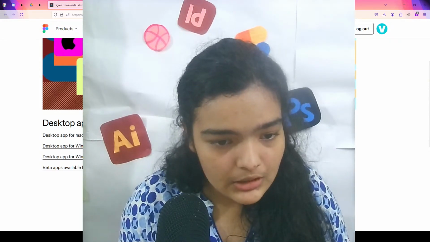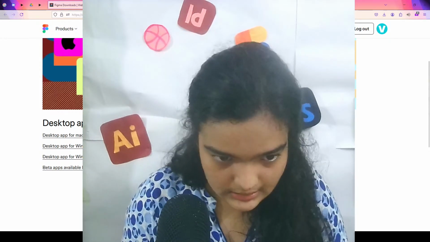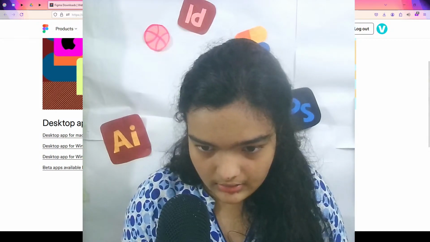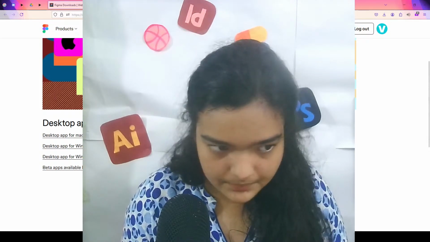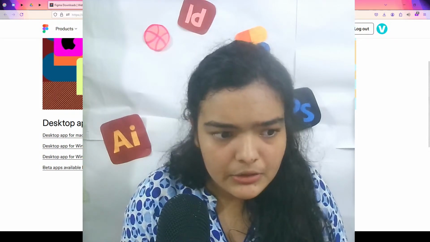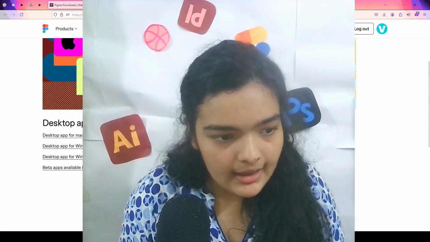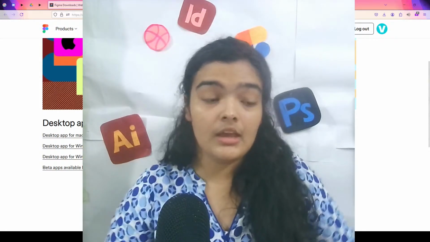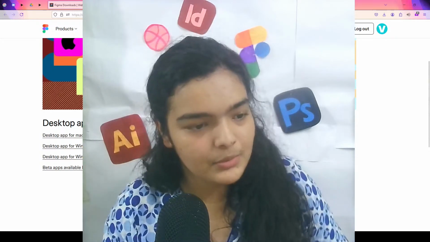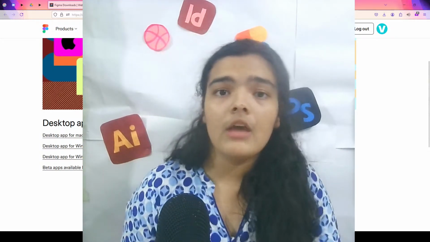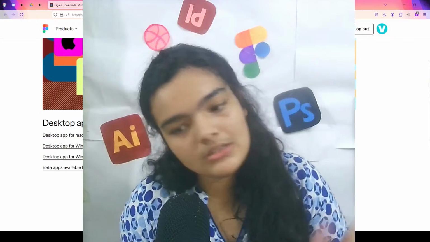The very first thing you need to do when you start is open a new design file. This is a really simple thing to do. Now we can start making the actual UI itself, which is the most exciting part. Click on F to create a new frame. Since this is a desktop UI,